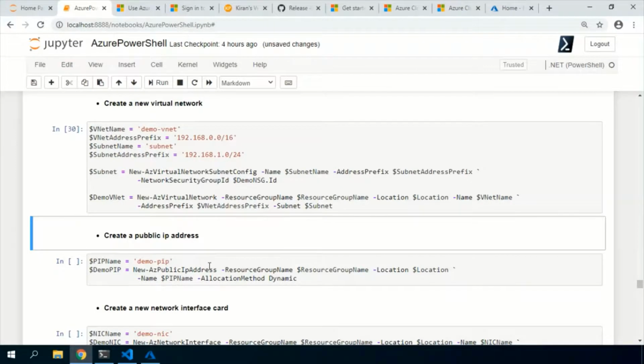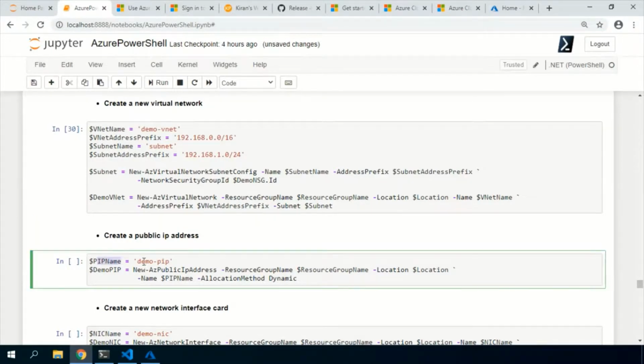After the virtual network, I want to create one public IP to connect outside the network. Ideally, it is not advisable in production environments, but there are some cases where you can connect with your public IP address. So the public IP name that I want to use is demo PIP, and I want to create a new public IP using New-AzPublicIpAddress.